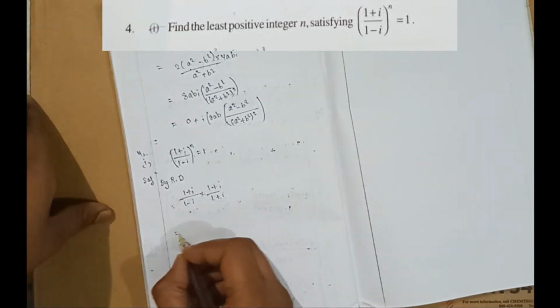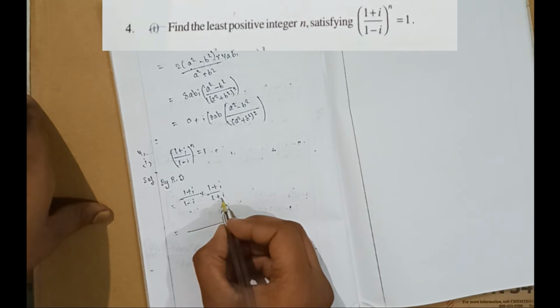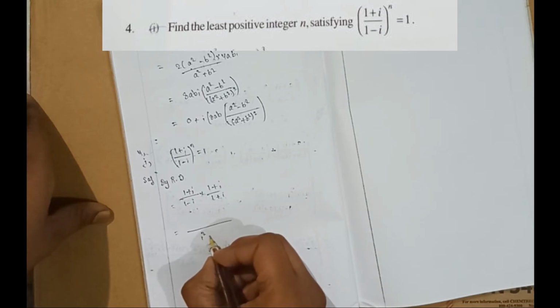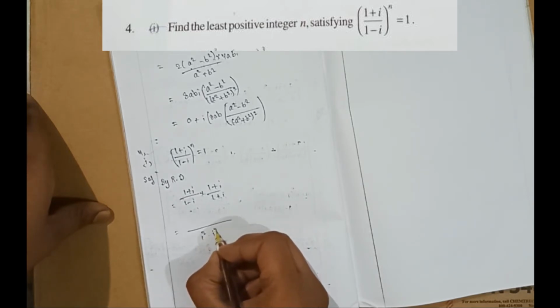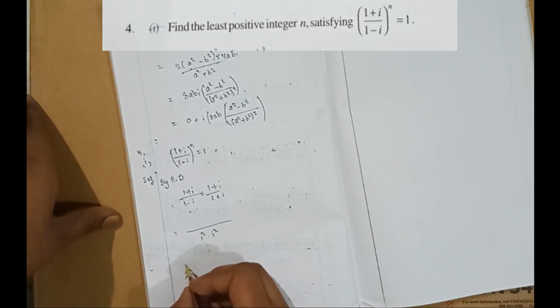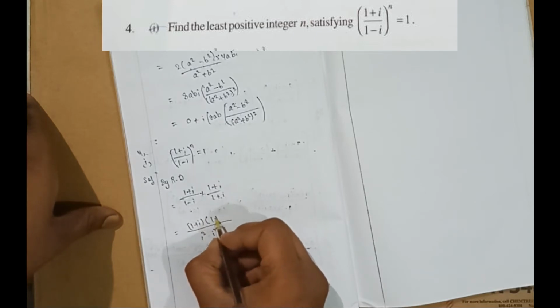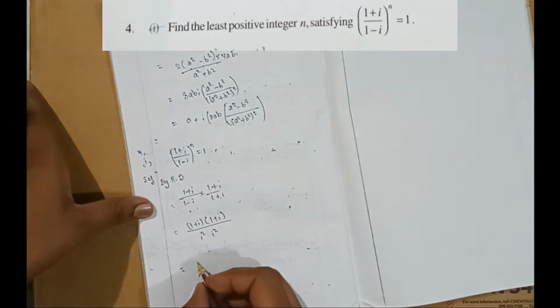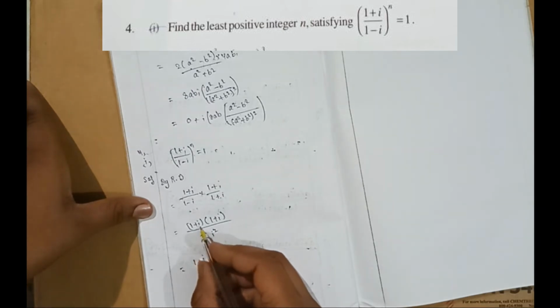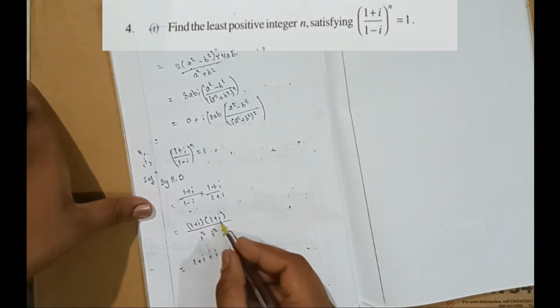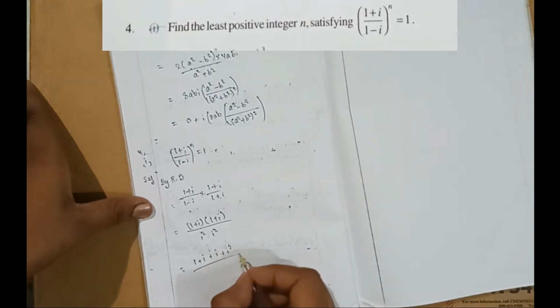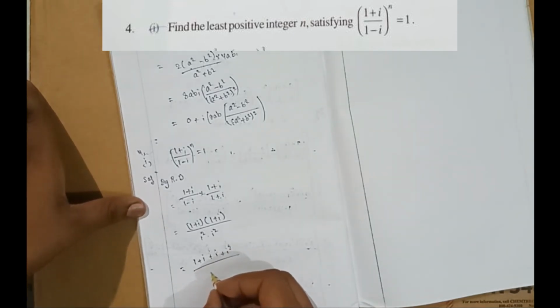Now it is (a plus b) into (a minus b), so 1 square minus my i square, and 1 plus i into 1 plus i. 1 into 1 is 1, 1 into i is i, and i into 1 is i, i into i is i square, by